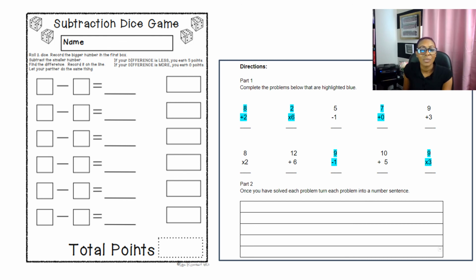On the left, this is what I was talking about, pairing it with a website. You can just post a link to a website that has dice for kids and have them roll the dice in their groups and then fill out the boxes. And then it says if your difference is less than whatever you are, you get 5 points. If it's more than whatever, you don't earn any points. And so it's an opportunity to practice learning, to have manipulatives in the virtual setting, and then have a little